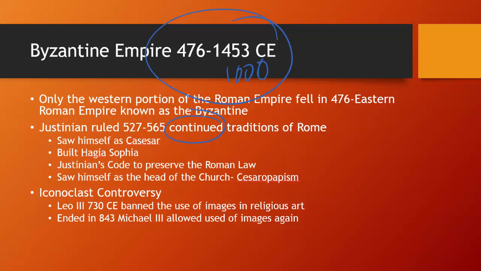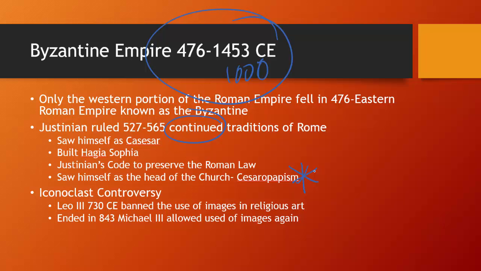You could approach this whole concept of Caesaro-papism in one of two ways. You could approach this as a continuity, because it's continuing the ideas of Rome, with the Roman emperor being kind of like the head of the religion. You could also talk about it as a change, because this division is beginning to occur within the Orthodox Church and the Roman Church. One of the reasons was that in Western Europe, you have all this political decentralization, which is why the church is able to rise up and gain power over the kings, whereas in the East, you still have this strong leader controlling everything, and they don't want to give power to the church.